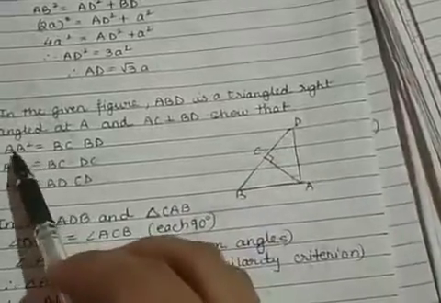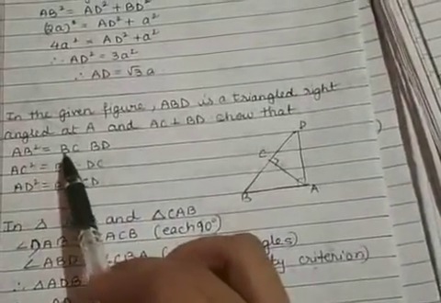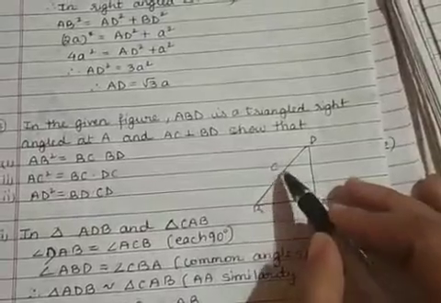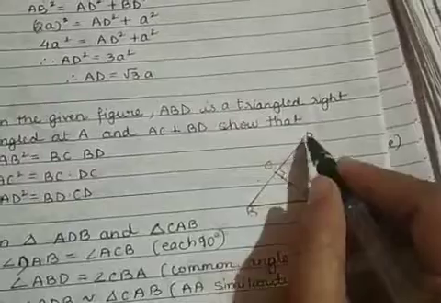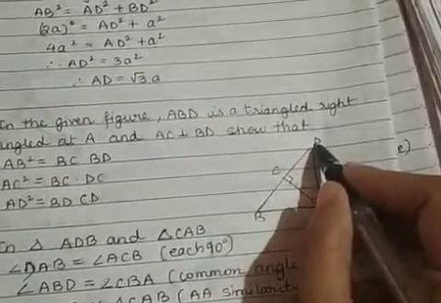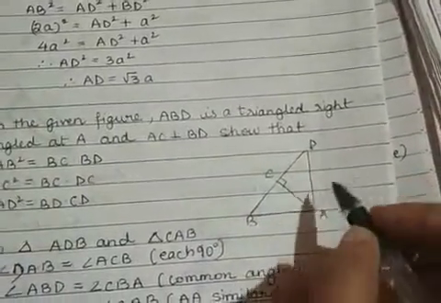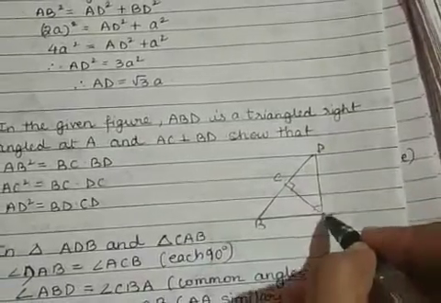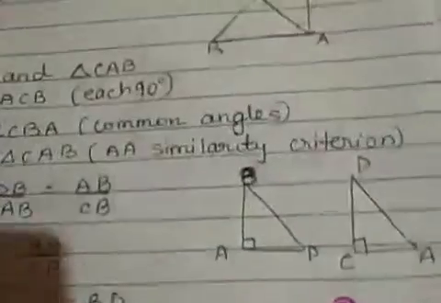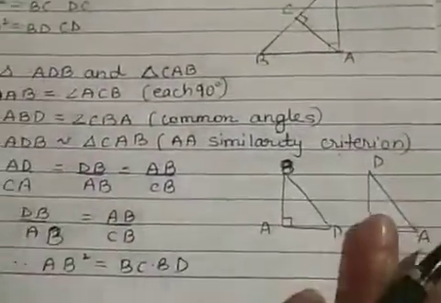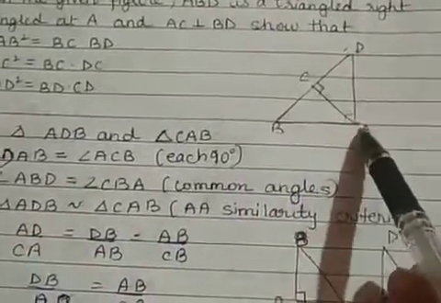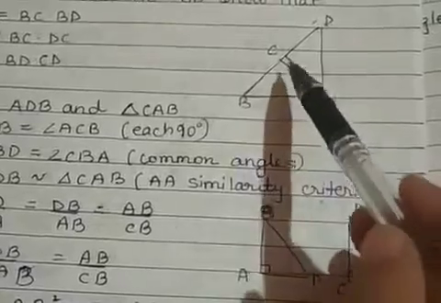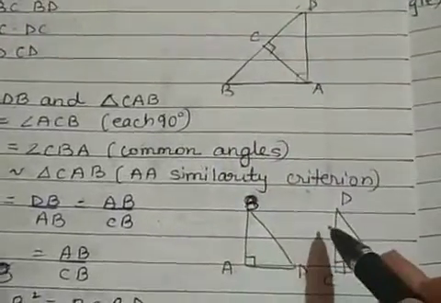So first, you have to show AB square is equal to BC multiplied by BD. Okay, so if you want BC and BD, which are the two triangles you have to take? First it is ADB. One is this big triangle. So you have triangle ABD. So which are the two triangles you have to take? One is triangle ADB, the big triangle ADB. The other triangle should also be a right angle triangle.